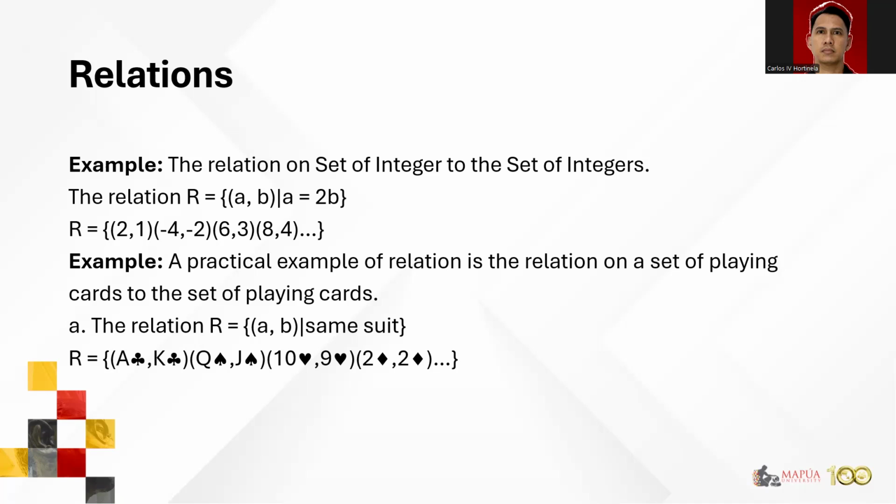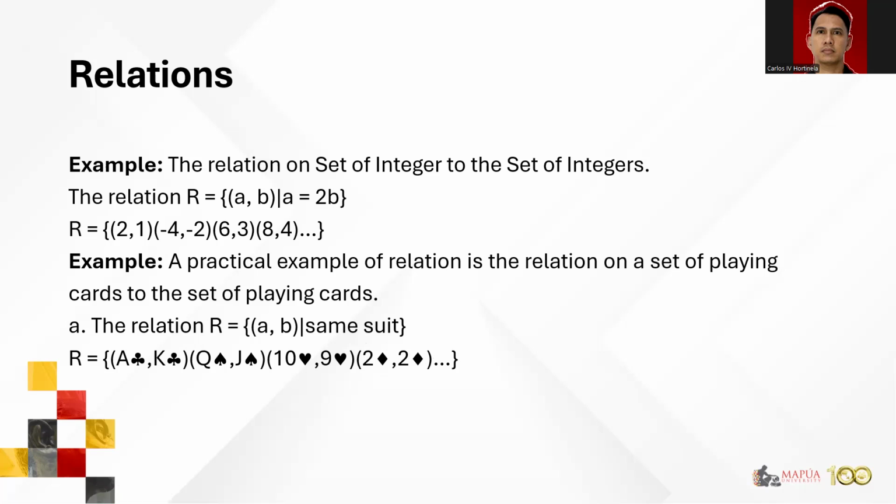and that will be included as a member of your relation set as long as they have that property, which is same suit. This is the reason why two of diamonds can be paired with two of diamonds, because you're not literally removing two of diamonds from that deck of cards. Therefore, since I'm making pairs containing the same suit, since they are both diamonds, I could also pair two of diamonds with two of diamonds, or with itself.